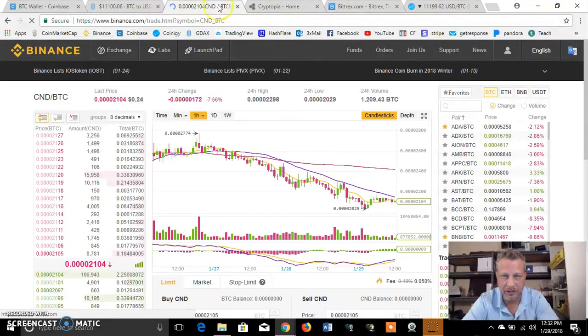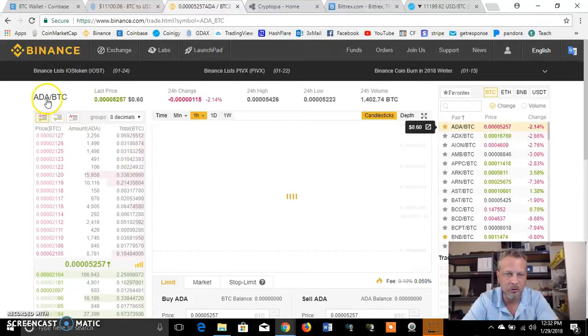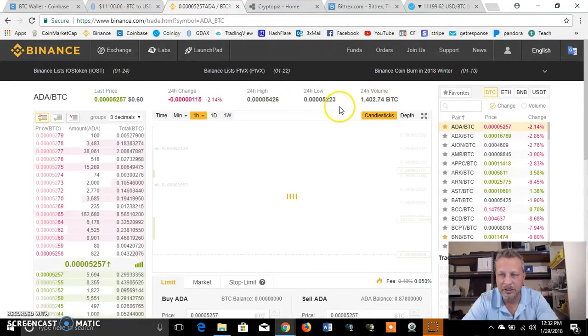Now you have Binance here. Here's one of the exchanges where you can buy and sell the alts. Here are all your different altcoins over here. Say if you want ADA, that's Cardano, and then Cardano will come up over here. It tells you the last price, how much of a change it was, the 24-hour high, 24-hour low, and then the volume in BTC value. And of course, then you can use your ETH